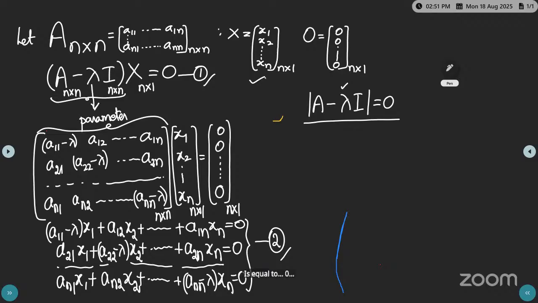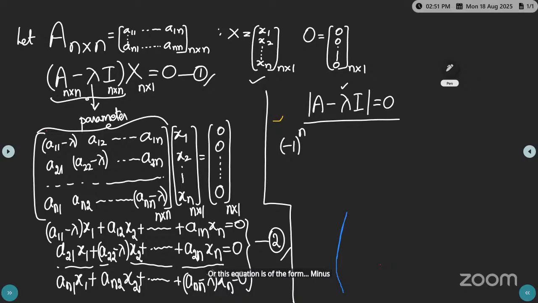That is determinant of A minus lambda I equal to 0. Now this gives, or this equation is of the form